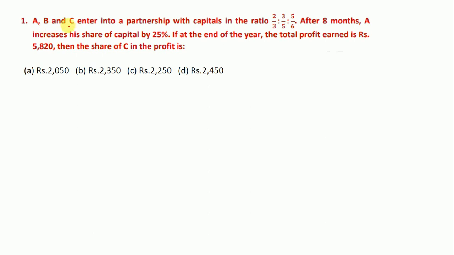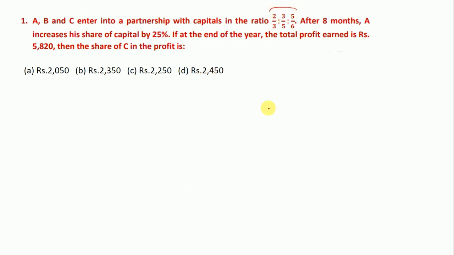A, B and C enter into a partnership with capitals in the ratio 2/3 is to 3/5 is to 5/6. After 8 months, A increases his share of capital by 25%. If at the end of the year the total profit earned is rupees 5,820, then the share of C in the profit is...